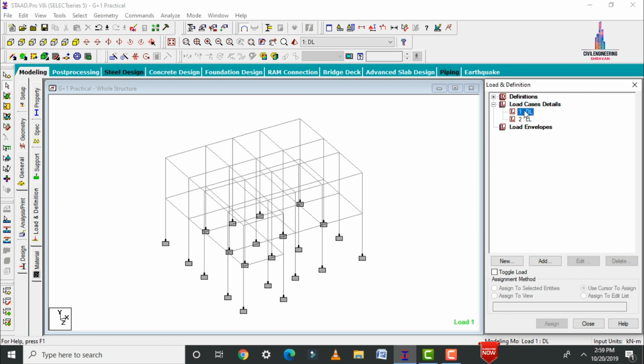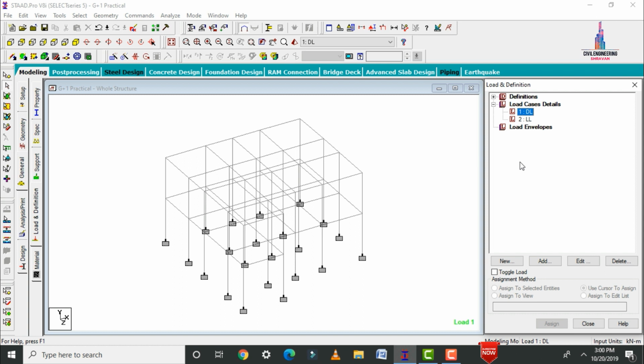Here initially we need to select the dead loading condition. For this dead loading condition, for practical application of the building, basically we will consider 6 types of load cases. The first one is the self weight of the structure, the second one is floor finishing load, the third one is partition wall load, the fourth one is main wall load, the fifth one is parapet wall load, and the sixth one is staircase load.